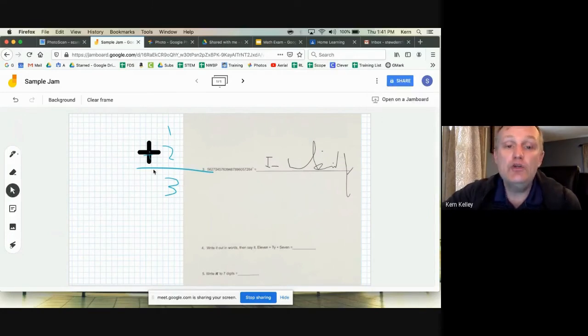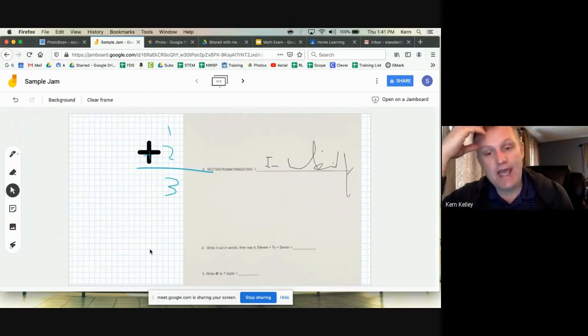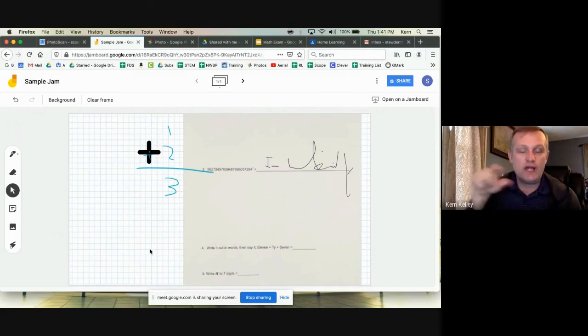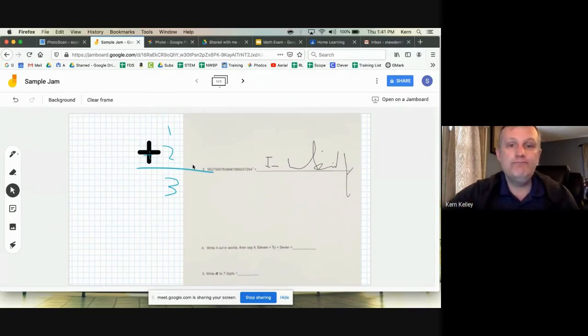And again, you can have 2 students in here, or 2 people. I can share this Jamboard, and both people can be working on it live. The only drawback I think of Jamboard is just the physical difficulty of using a touchpad to do it. You can do it, it's just kind of tricky. Versus, again, if you have a stylus, and those are pretty inexpensive now. I know it's hard to get stuff now, but if you order them from Amazon for like $5 or under, they're just like a little stylus that you can use to write on a touchscreen with.